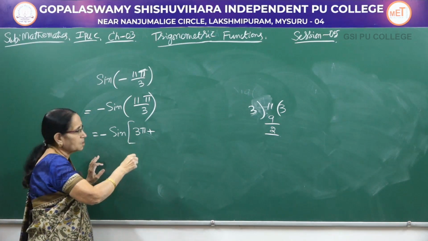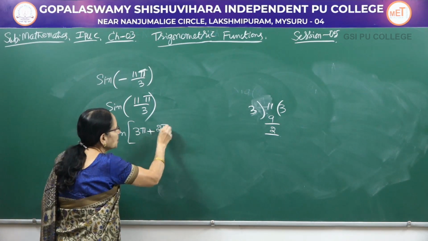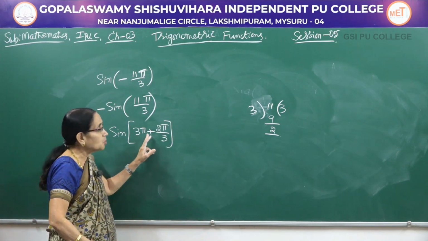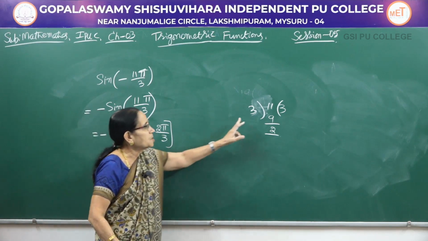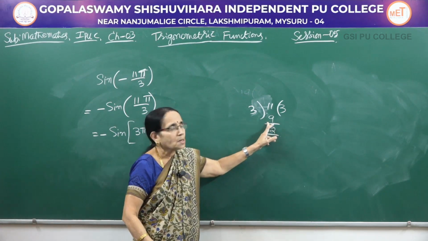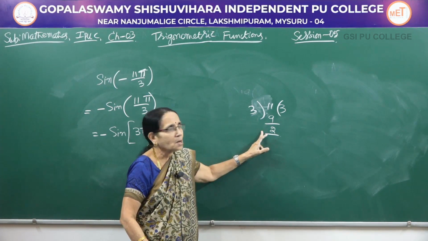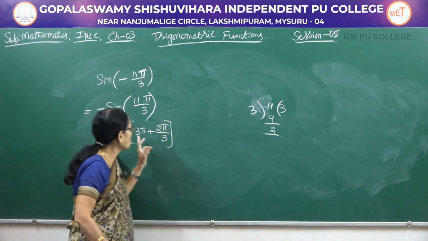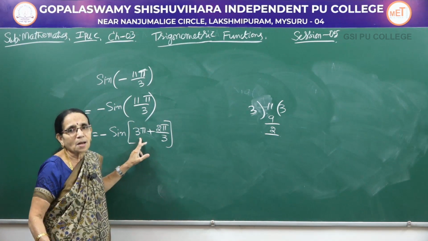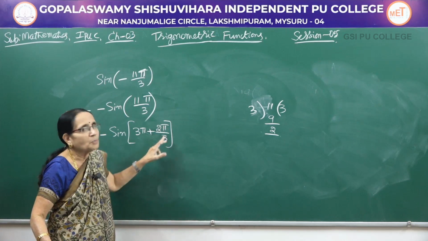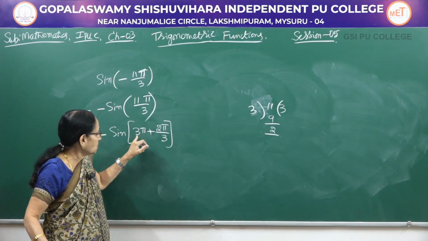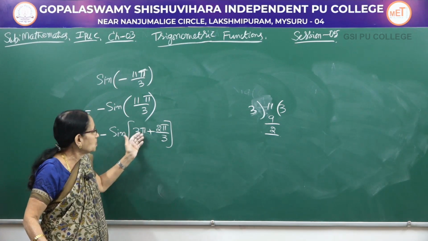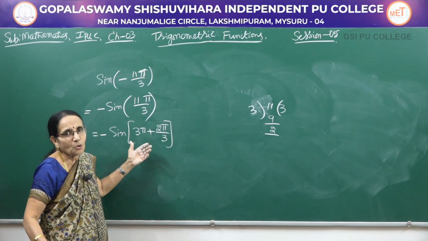So, 1 pi by 3 we wrote, here it is 2 pi by 3. See, here I am using a positive sign. Suppose you had written 3 4s are 12, then this would become minus, isn't it? So, plus 11 minus 12 would be minus. In that case, instead of 3 pi, you could have written 4 pi minus pi by 3. If you use this 4 pi, 2 pi, 4 pi, 6 pi, even multiple, it will be minus something, meaning it would be in the fourth quadrant.